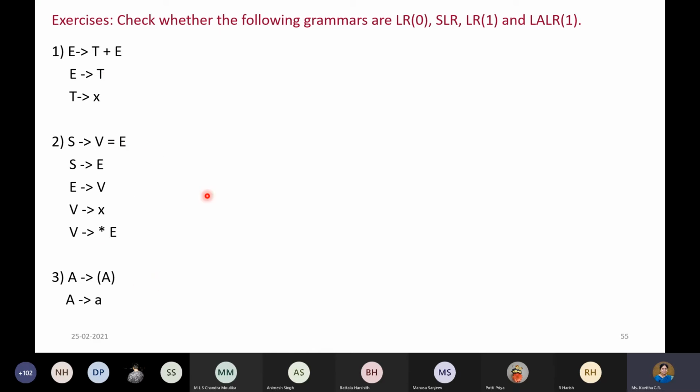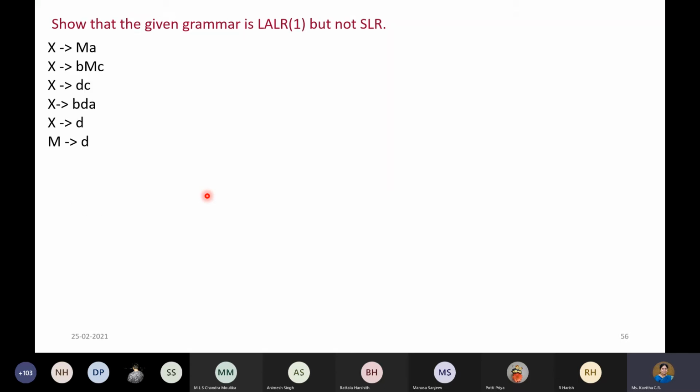Each problem has its own challenge. It looks very simple, but when you start only, you'll know what the problems are. Okay, so try solving these problems, and you can upload. Anyway, 1 week time is there. Every day, if you sit and solve one technique also, you'll be able to finish in 1 week. You can also make use of the hierarchy, how to go about that. Also you can just try that and find out and give the conclusion properly. For each grammar, whether it is suitable for LR(0) or SLR or LR(1), you have to conclude it properly. Okay, so that you try.